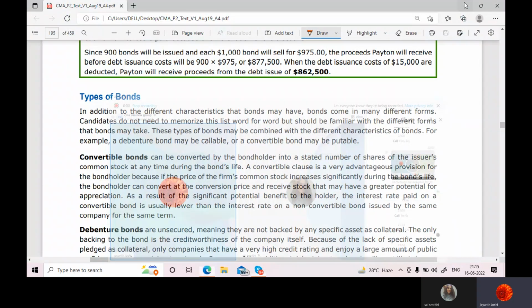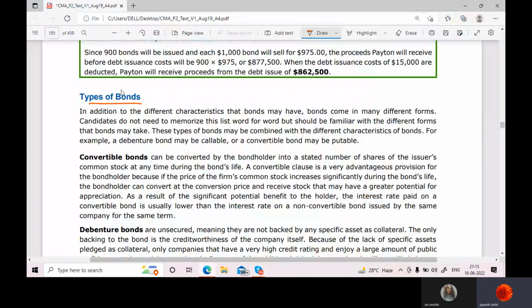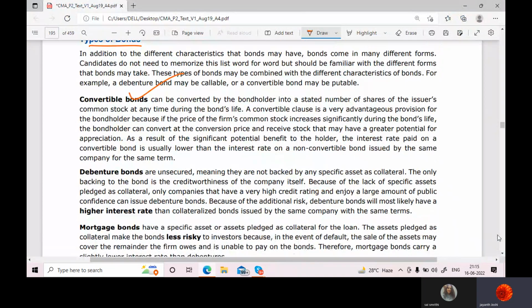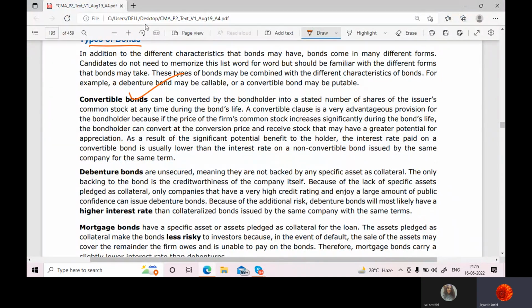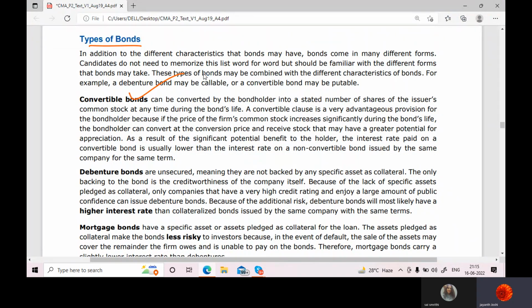Okay. So now today we are discussing types of bonds. Convertible bonds are the ones which can be converted into equity in the future. Okay, that clause is there along with the bond. Whenever the issuer issues such kind of bonds, they really know that the convertible clause is there, and it's a